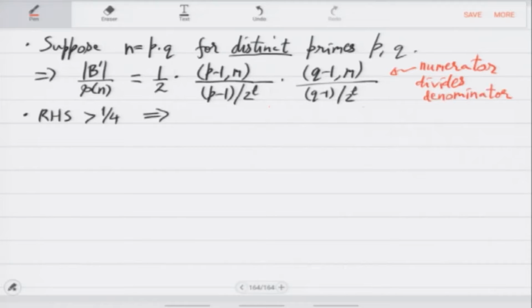So GCD(p minus 1, m) divides (p minus 1) divided by 2 raised to L minus 1. This is because m is odd. Removing these two powers will not change the divisibility, and the symmetric thing holds for GCD(q minus 1, m). So this means that either this fraction is 1 or it is smaller than half,